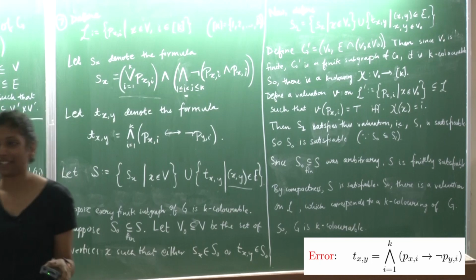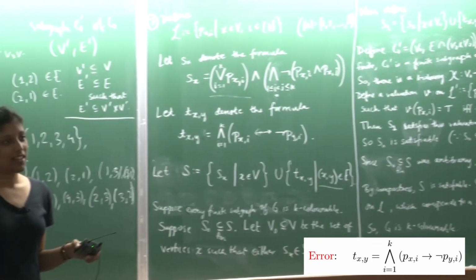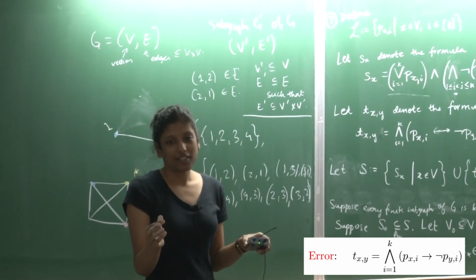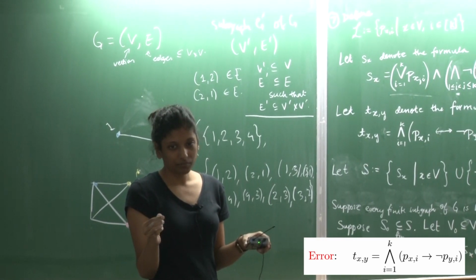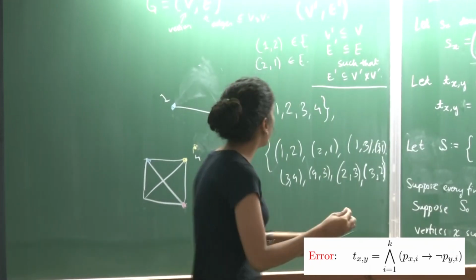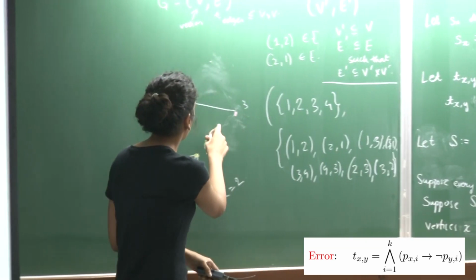How many people say yes? And how many people say no? No. Why do you say no? Because any collection of those statements won't necessarily describe a subgraph. Exactly. So maybe you have this subgraph,